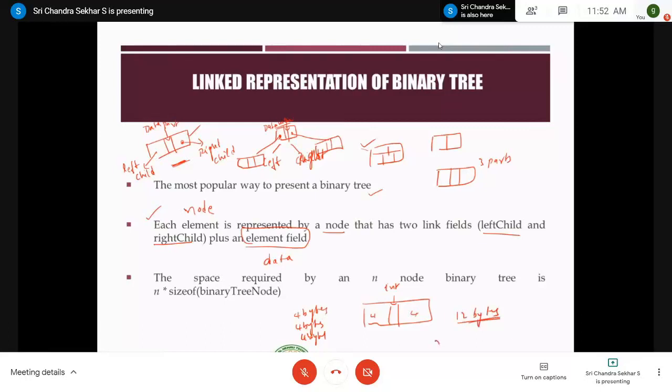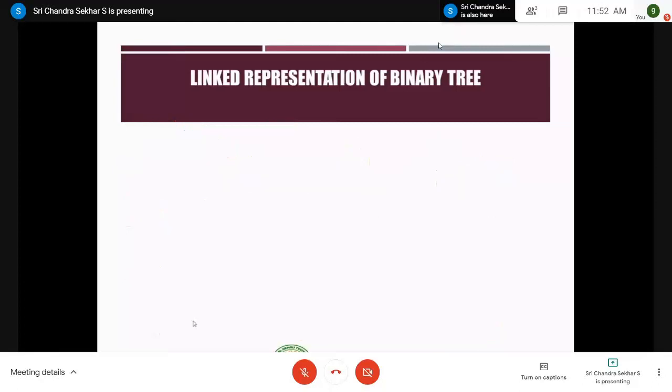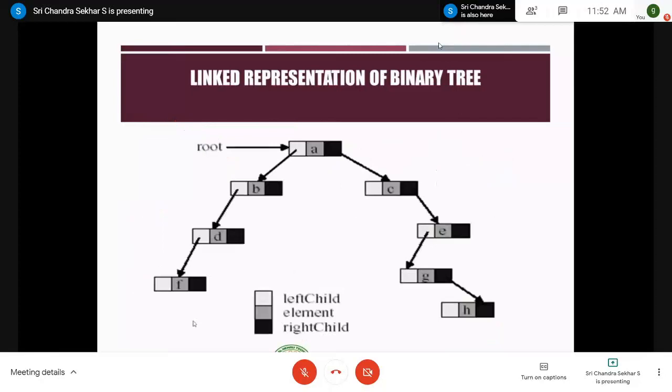So, for representing n nodes, what is the formula? N into 12, right? The same thing he is describing. The space required to represent an n node binary tree is n star size of binary tree node. In this example, the size of binary tree node is 12. Therefore, it becomes n star 12. Right? I think you are clear about it. Next. Very simple. There's a binary tree.